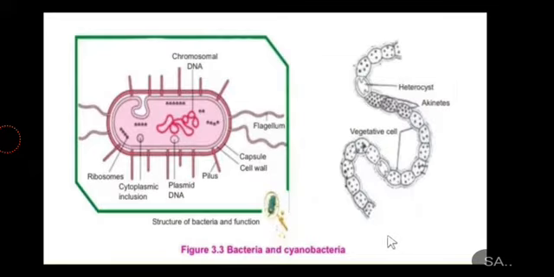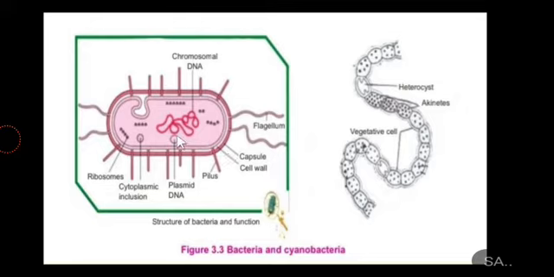We'll see further. So bacteria and cyanobacteria are here. If you look at this, then this is the bacteria. If you look at its structure, then it has got the flagellum to move. However, the outermost wall is there, cell wall is present, the capsule is present, pilus is there, and plasmid DNA